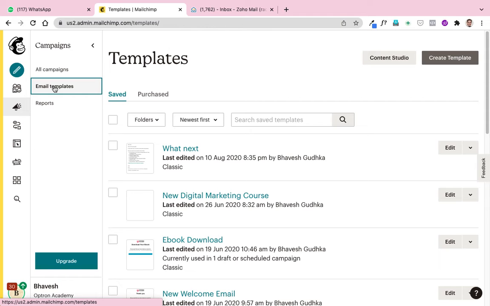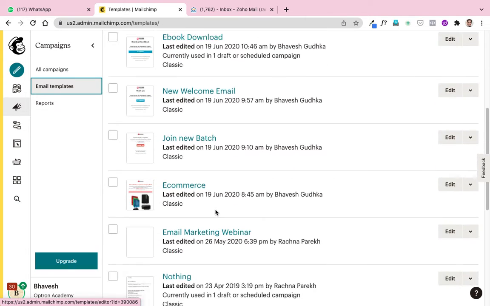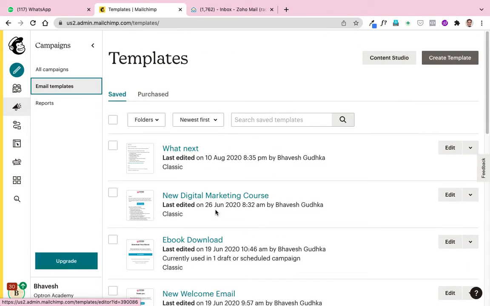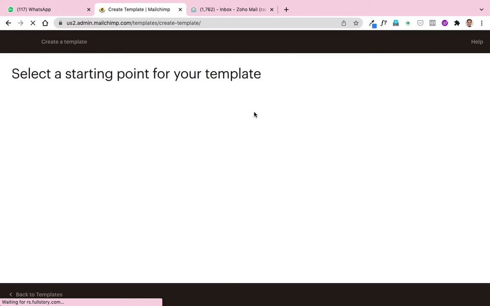Now click on this email templates and you will find a couple of email templates listed over here, which were created in past. Now I'm going to create a new template. So click on create template